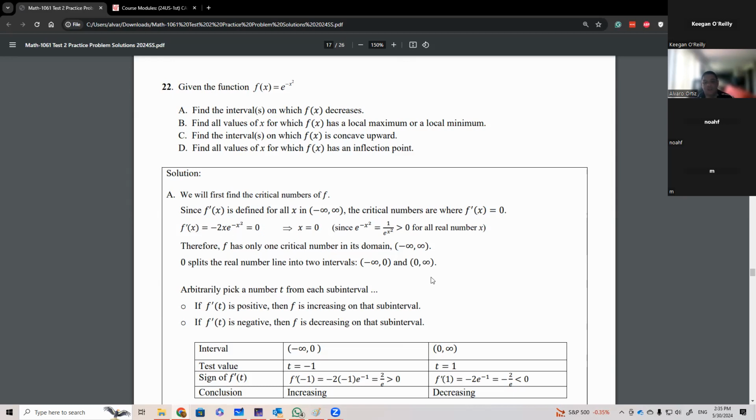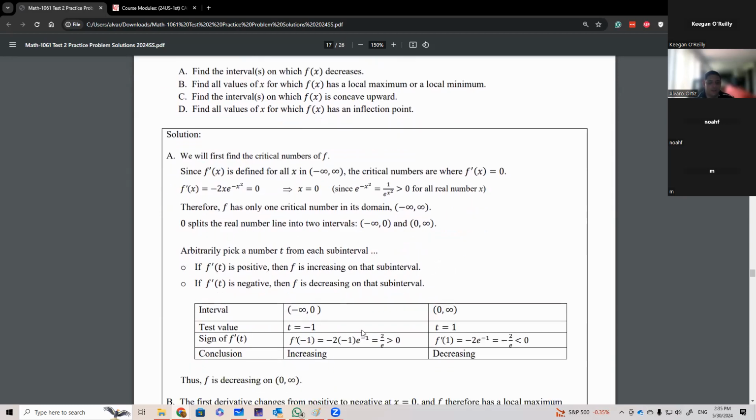Now, this is only going to give me a critical point, and so there's a stark contrast with what we had before. We can only split the real line into intervals here to check what is the behavior. We do from minus infinity to 0 and 0 to infinity. And so this is like my sign chart. These are the 2 intervals that I have. And I'm going to pick a test value in each of those, and I'm going to find the sign of f prime in each of those intervals.